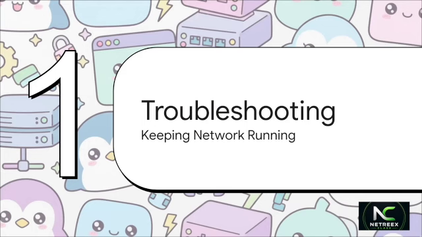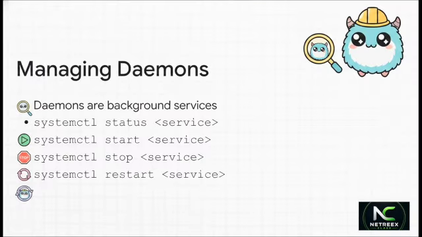All right, Section 5, Troubleshooting Linux Services, Keeping the Network Running. Let's pivot slightly. In Linux, background processes are called daemons. Think of your SSH server, a DHCP service, maybe an API server, or an automation worker. When an API call or SSH access suddenly fails, checking the daemon status with the systemctl command is your very first troubleshooting step. You can check the status, you can start or stop it, or issue a restart to bounce the service after you've made a configuration change.